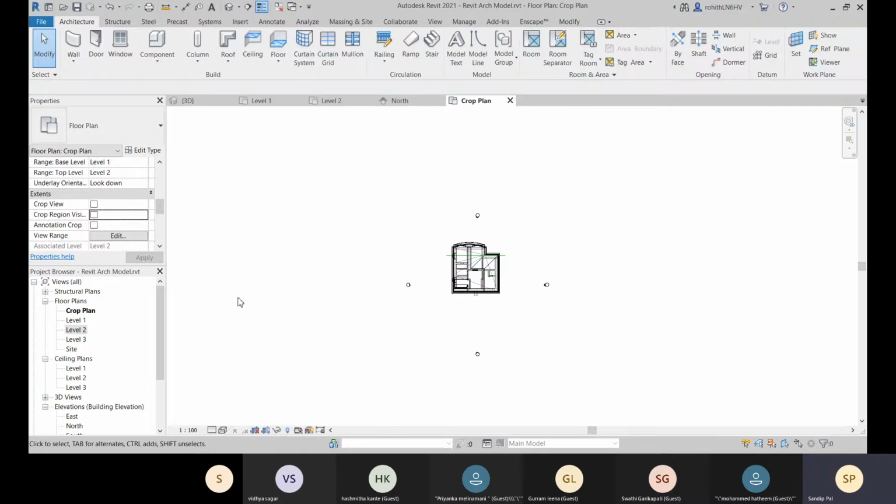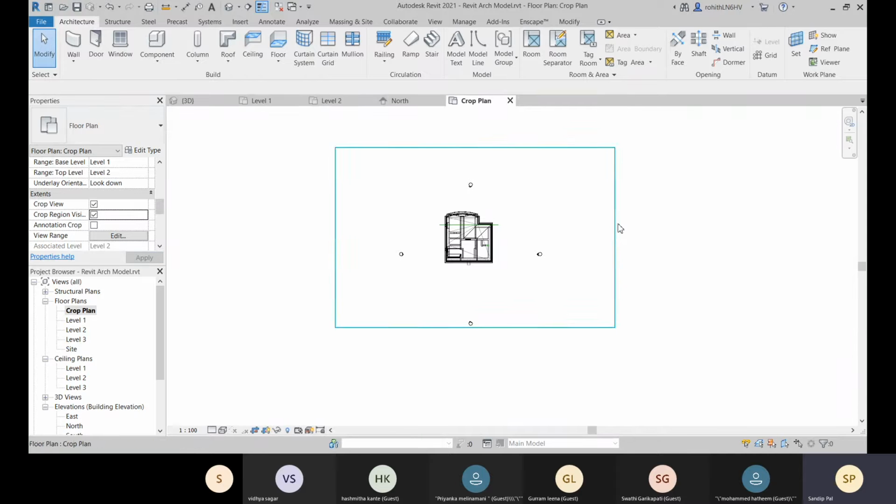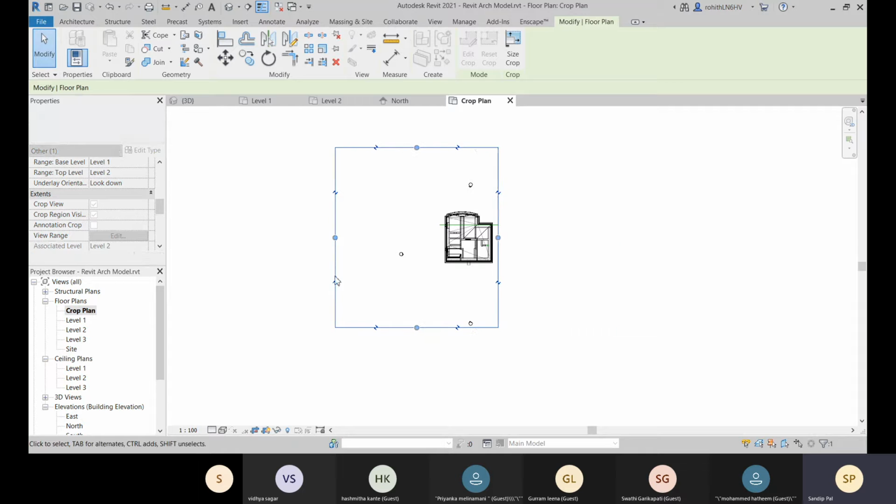And all right, so in this level 2 you have that, and if you come to crop plan, here you can see that you have made it here as well. Okay, so here if you come to this crop view and make it visible over there, and then come to this part like this.